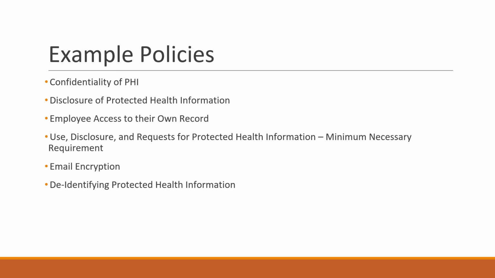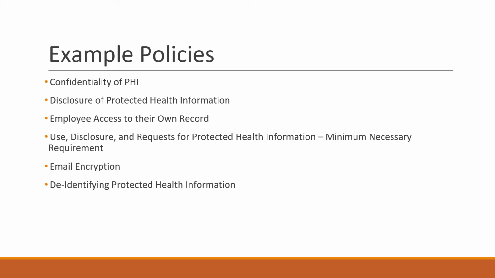Disclosures of protected health information is another good one. Employees' access to records or their own records, uses, disclosures, and requests for protected health information, minimum necessary, email encryption, de-identifying protected health information. Those are some examples of names of policies that you should have at